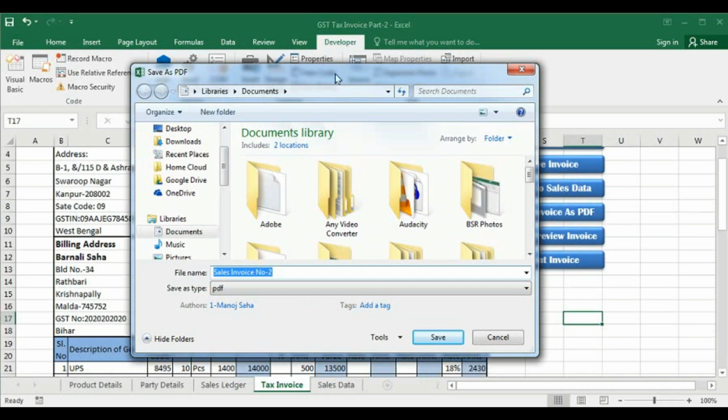We got the Save As dialog box, and as we gave the title Save as PDF, it is showing Save as PDF here. I have given the file name as invoice number from cell M6, that is the invoice number, currently 2, and when the invoice is 3, it will automatically take 3, and the file save as type is PDF. Now click on save.